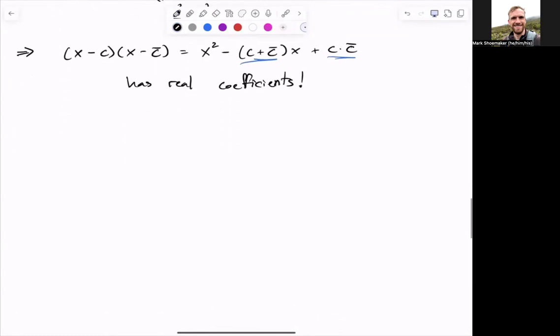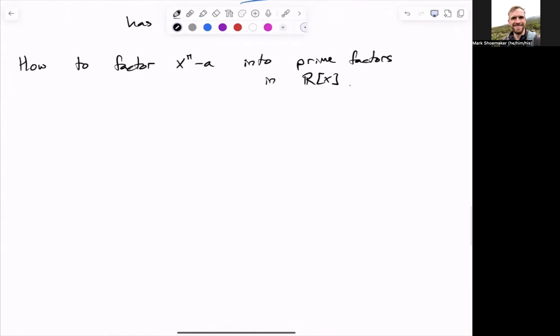We're going to use this fact to factor certain polynomials into their prime factors with coefficients in R. So first, we factor with coefficients in C. So step one, we factor this polynomial, allowing coefficients to be complex numbers, but we know how to do that because if C is a root